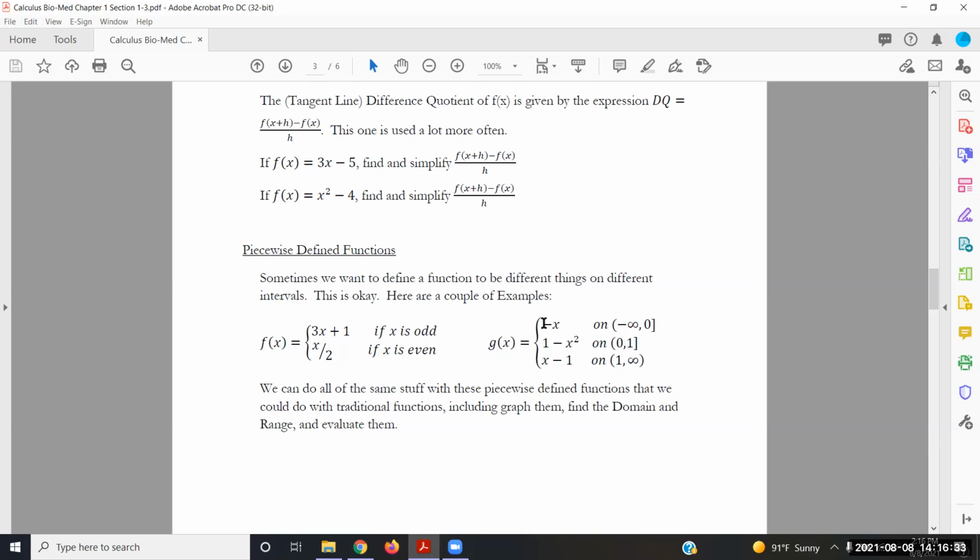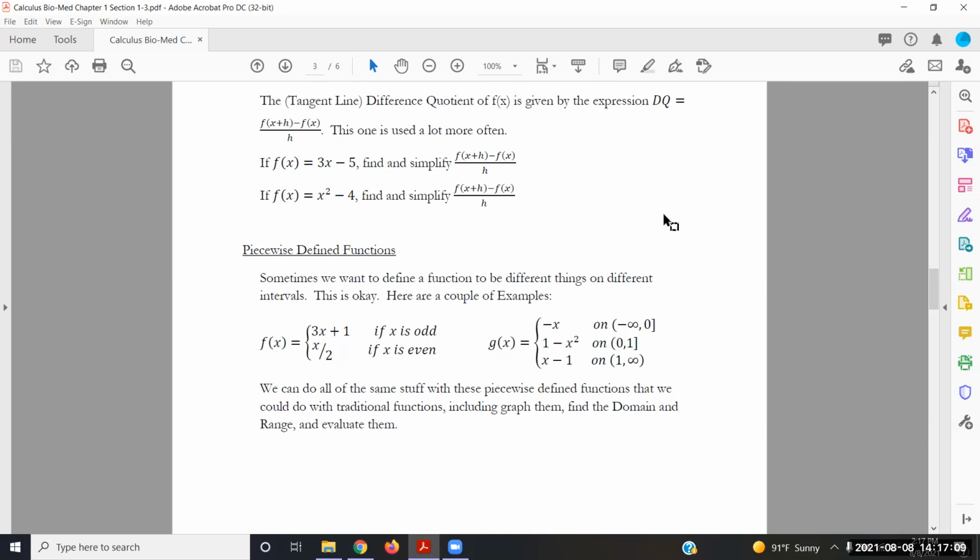In this case, g of x is equal to negative x on negative infinity to 0. And then it's 1 minus x squared on 0 to 1. And then it's x minus 1 on the interval from 1 to infinity. What this is really saying is we're going to have 3 different functions, which are basically grouped together to create a single function. So let's see if we can graph this function real quick, and then we'll do domain and range for it. So g of x is equal to, and I'll just copy this down on my whiteboard,